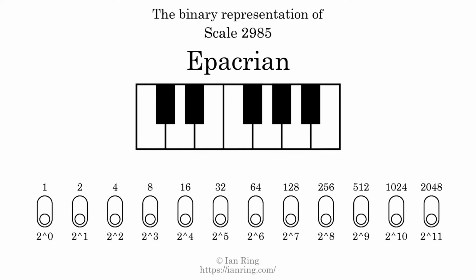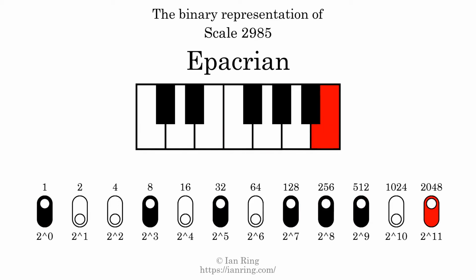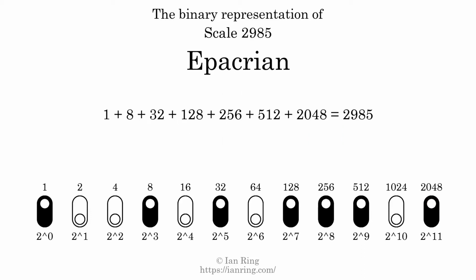The binary representation of this scale is determined by mapping tones of the scale to binary digits. Each binary digit represents a power of 2. To get the scale number, we add the powers of 2 together. The powers of 2 that are present in the scale, all added together, equals 2985. That is why the scale number, in decimal, is 2985. The scale number not only enumerates the scale with a unique index, but it also literally describes the tonal content of the scale. Represented as a binary number in base 2, the scale number is